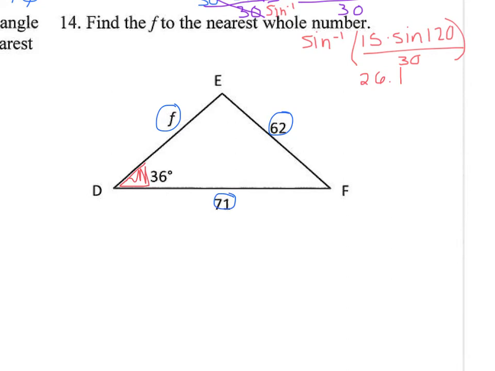So if you only have one angle and three sides, you're usually going to use the cosine rule. So let's start with my bookends, or the end of my equation. Here's 36 degrees, and opposite of 36 is 62. As soon as you have that one pair, that one set of opposite sides and angles, those are going to be your bookends. So I'm going to have 62